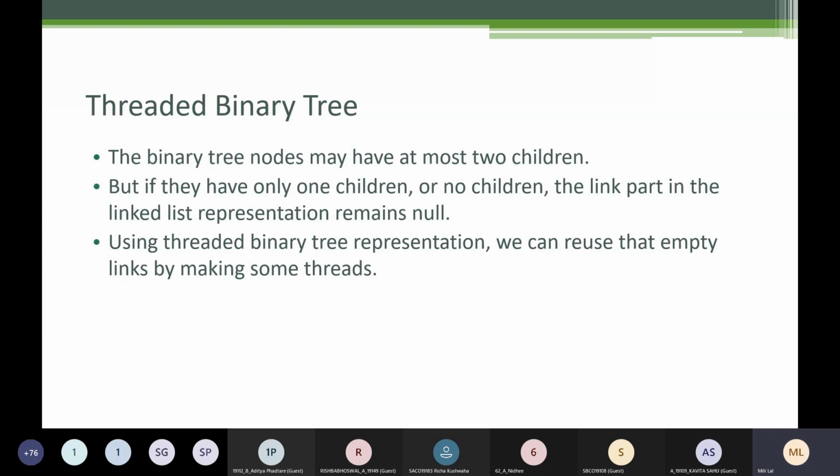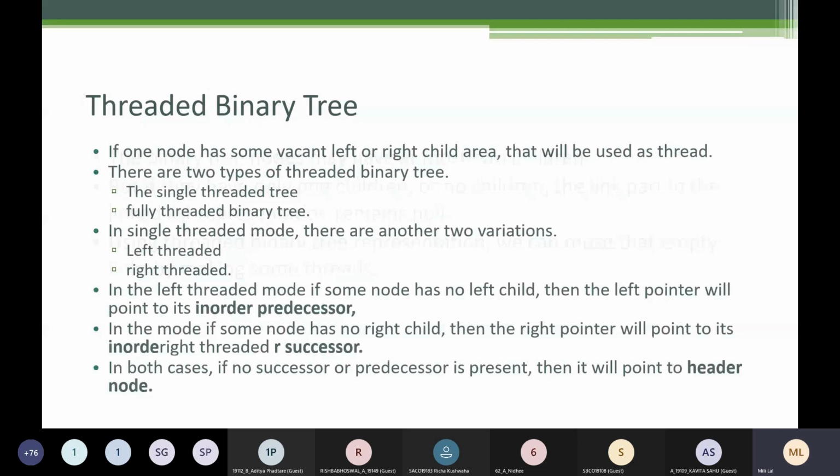But if they have only one child or no children, the link part of the linked list representation remains null. So using threaded binary tree representation, we can reuse those empty links by making some threads. Okay, so that's what we saw. And if a node has some vacant left or right child area, that will be used as a thread.